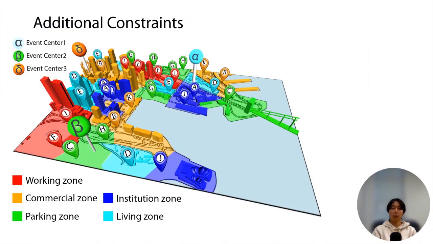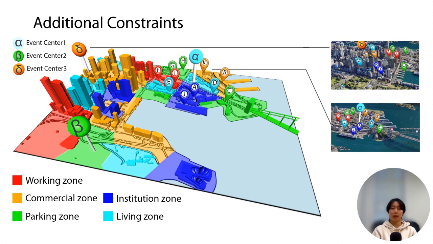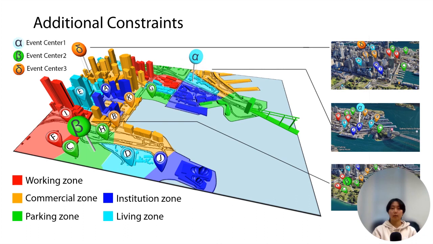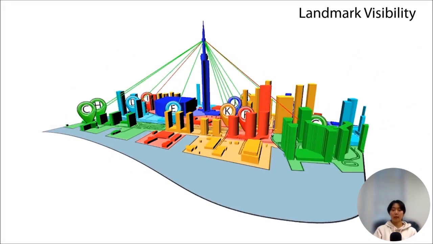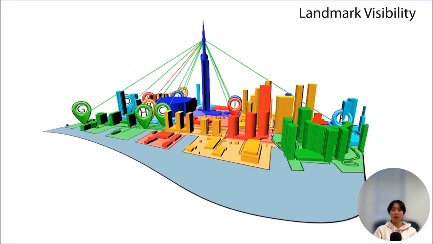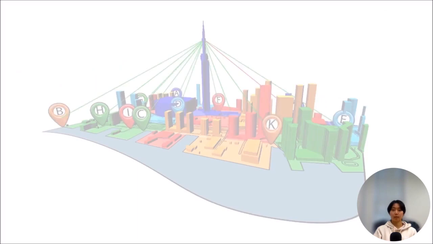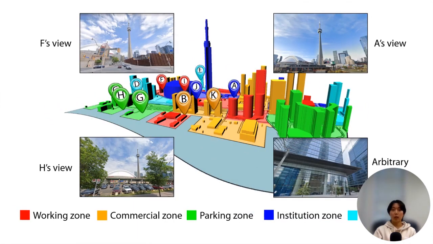We also extend our approach with additional constraints to handle special scenarios. Designers may specify an event center around which the story events will be distributed. We showed results for 3 specified event centers. We also consider the visibility of a landmark, which can facilitate wayfinding and thus favor locations from which the landmark can be seen when distributing events. In this example, events are distributed considering the CN Tower's visibility from the event's location in Toronto.